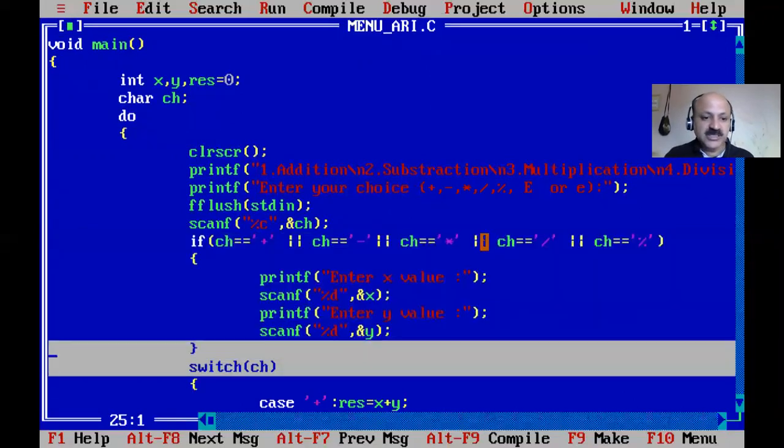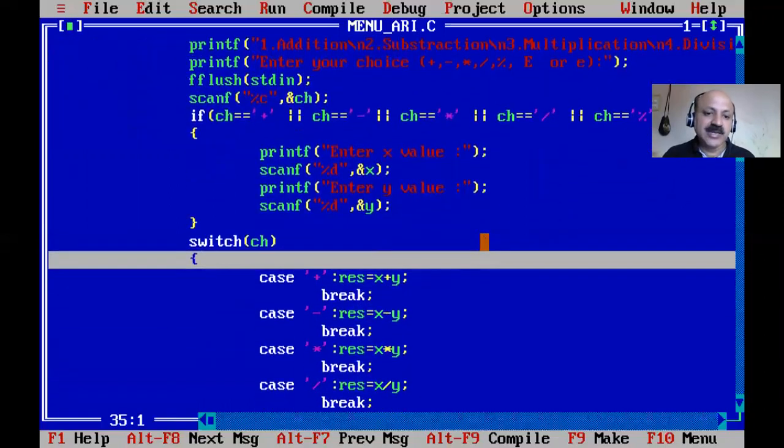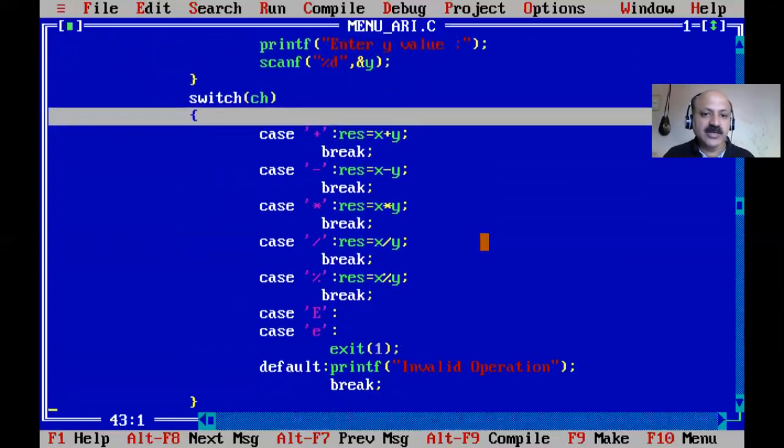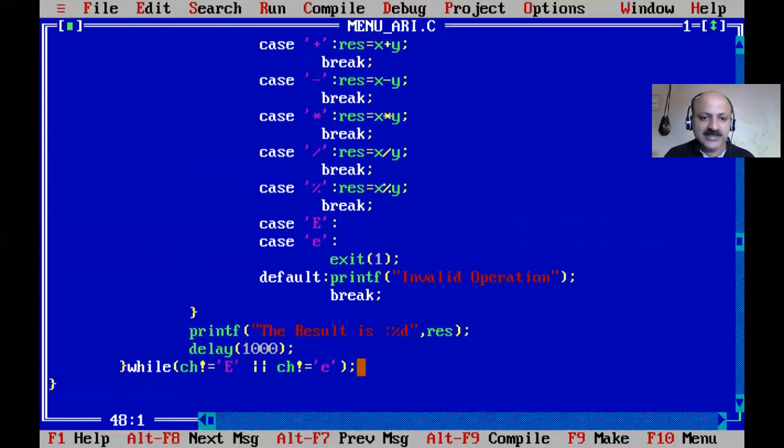And now the switch case, where there are two tests, integer constant and character constant. It is a very simple logic, but here you put the colon sign after the single 1, 2, 3 integer constants and character constants, then the exit function and delay function. Delay is better than getch to see your output, and then the while loop and do while loop we can also understand.